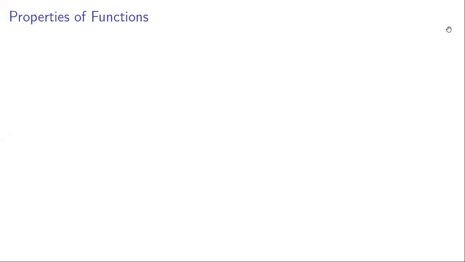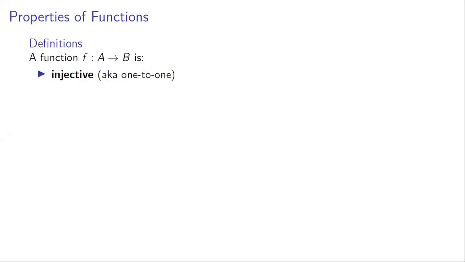Now that we know a little bit about functions, we can start talking about properties that certain functions have. Just like we did with relations, we talked about different properties that relations can have. Well, here we're going to have different properties for functions. So some definitions. If we have a function f from A to B, we say that this function is injective,